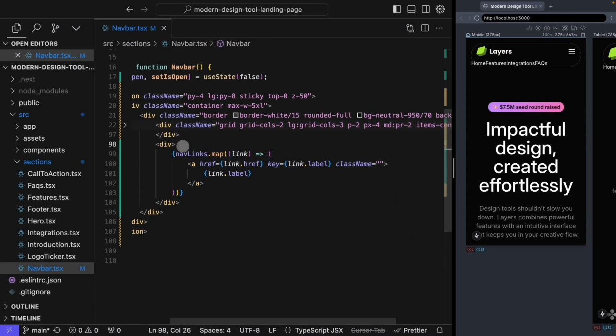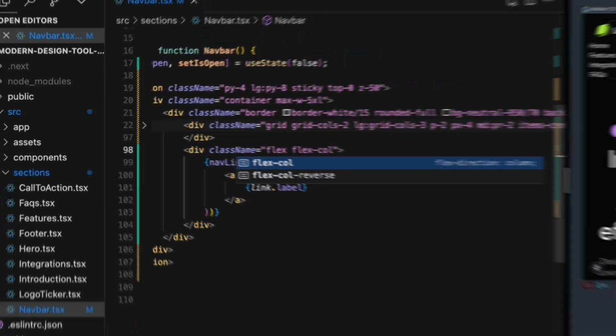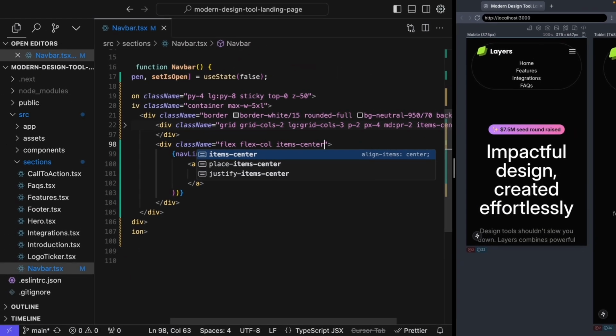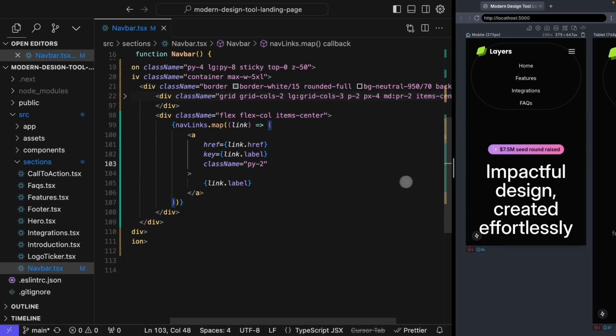Now we can see that we need to add some sort of class name to our wrapping div. So I'm going to give this a class name as well and say flex-col to line those up top to bottom. And then we can say items-center to get them towards the center. For each of those items, we can go ahead and add a little bit of padding as well. So I'm going to say className equals py-2, and that should ensure that they have a little bit of